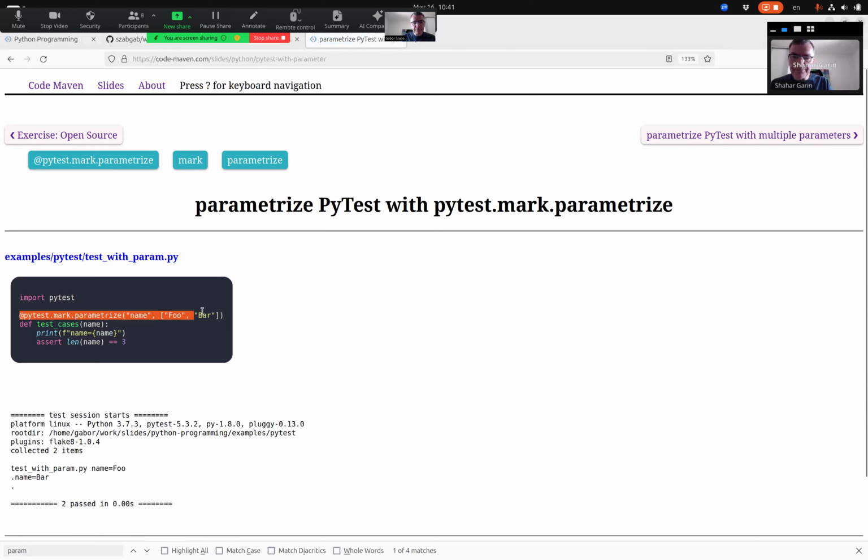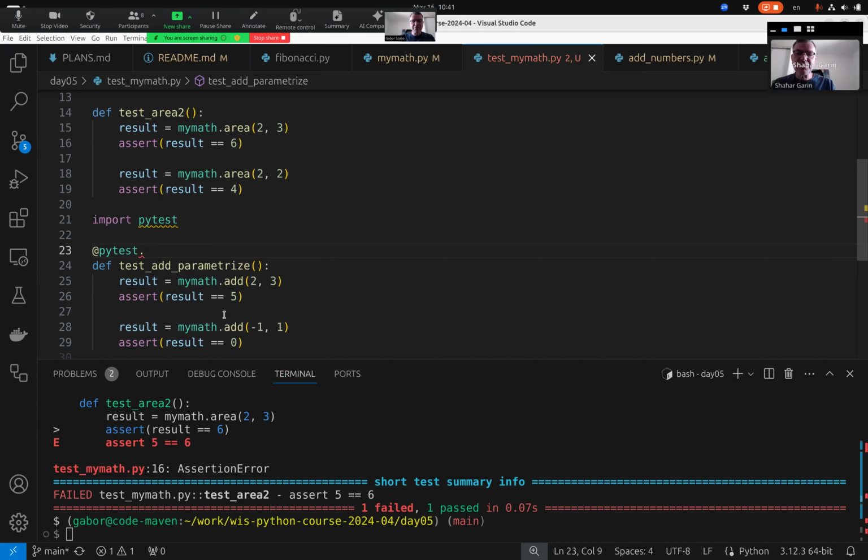This is also a good example. You don't have to remember everything. You just know where to find how it's written, and that's one part of the reason I write many of the articles. So this is how you add parameters to your test. So here we have the parameters. In this case, I have